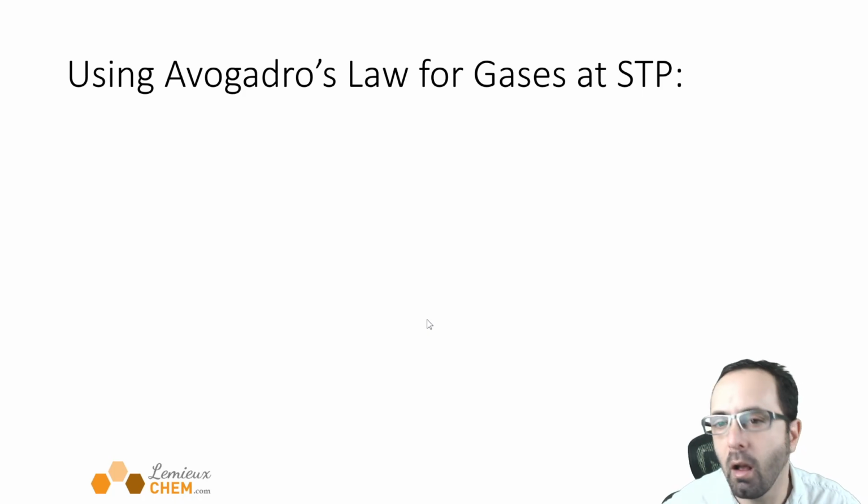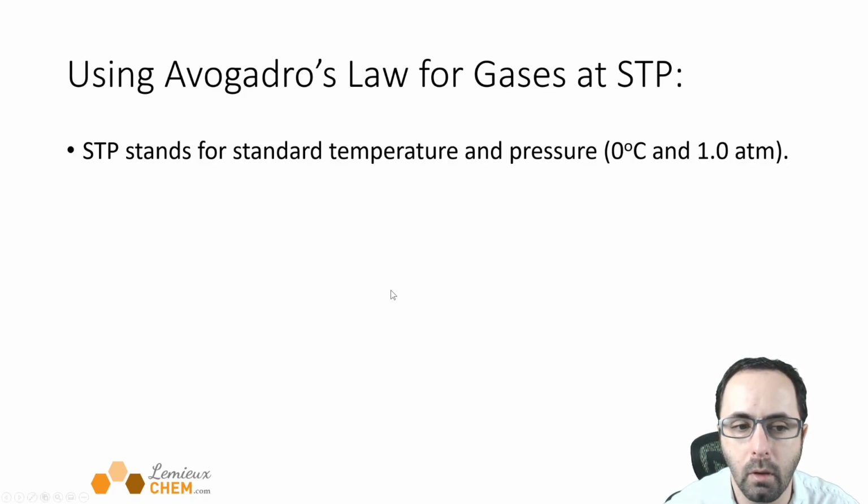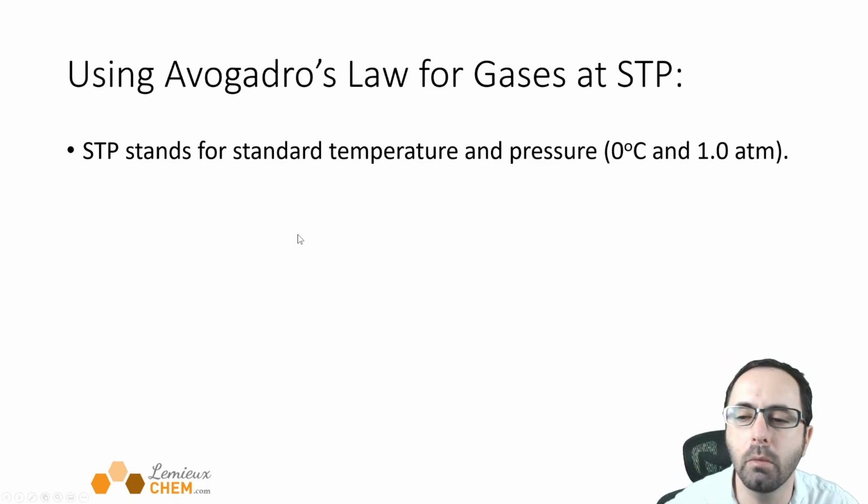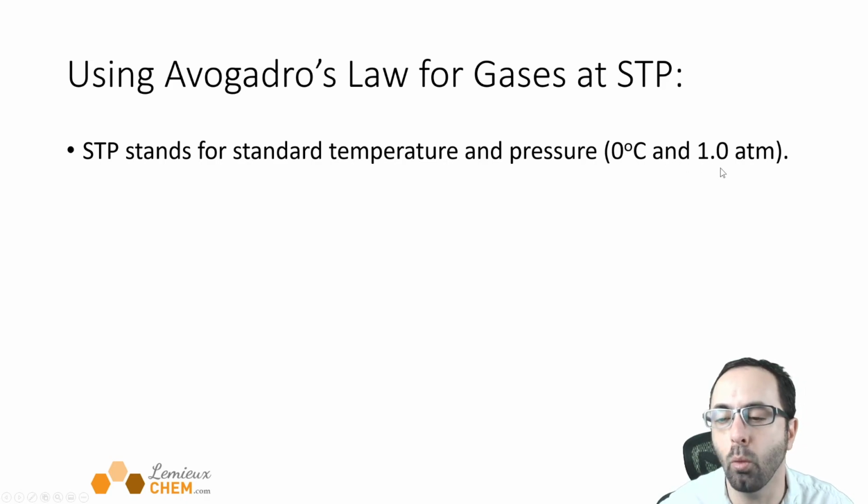So first of all, let's talk about STP and Avogadro's law. So STP stands for standard temperature and pressure, and standard temperature and pressure is 0 degrees Celsius and 1 atmosphere